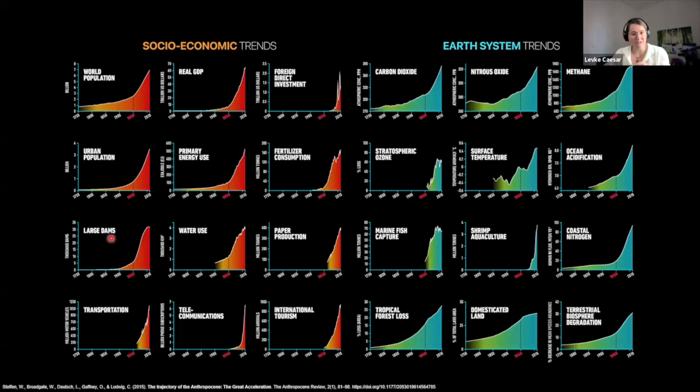And while this period also initiated the previously mentioned phenomena such as urbanization or the growth of global population, the most dramatic increases are observed around 1950, which is highlighted in all these time series in red. This applies, for example, for the use of energy, water, and fertilizer consumption.